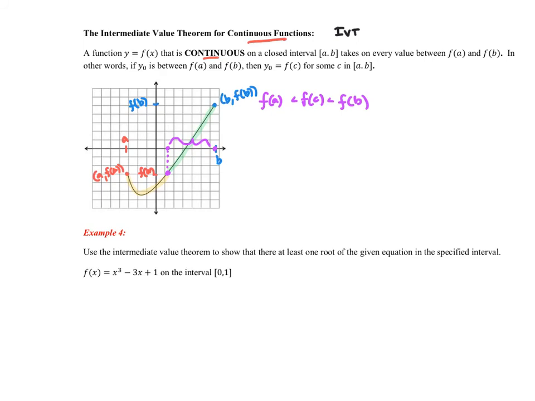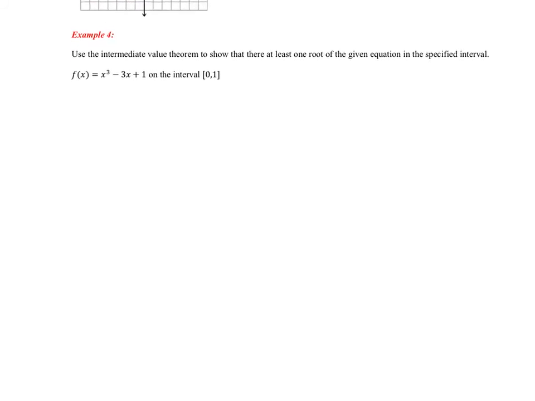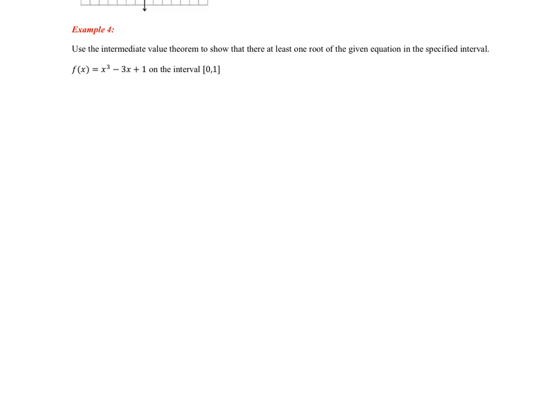Okay, so let's look at an example of this using the intermediate value theorem to show that there is at least one root of the given equation in a specified interval. So what does it mean to have a root? A root is where y equals 0. So there's some value c such that f of c has to equal 0. Okay, so there's essentially three things that you want to do. First thing that we need to do is we need to know that the function is continuous, otherwise the intermediate value theorem doesn't apply. So since f of x